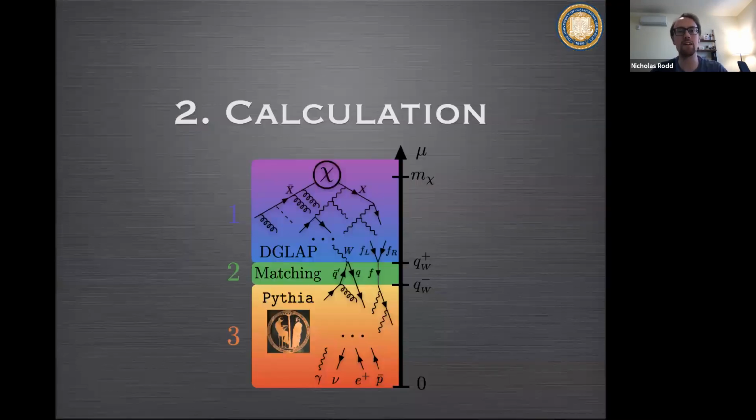So that's the state of affairs that existed in the literature before our work. What I want to tell you about now is how we did the calculation. In particular, as I'll give you an overview of, we broke the calculation into 3 steps, and really the meat, or the new stuff that was in our work, came in at step 1. So I'll spend most of the time explaining to you what happened there. The color scheme to guide your eye here is that we're doing some evolution from the UV scale in purple of the dark matter down to the IR scale where the stable spectra are produced.